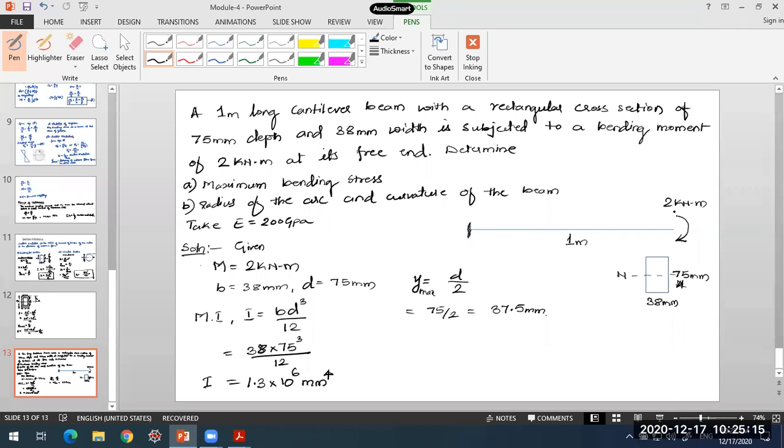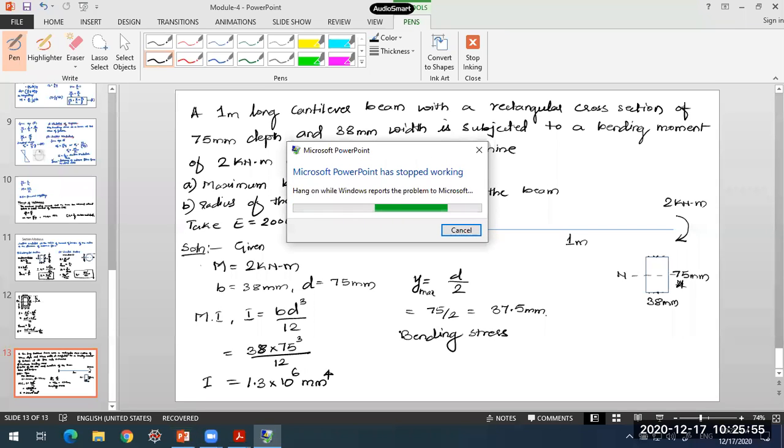37.5 mm. Okay, now due to this bending moment, this will be same throughout the length of the beam. It is not going to change at any point on the beam along this length. So you take section anywhere over here on this 1 meter length, the bending moment will be 2 kilonewton meter only. So due to this bending stress, these points on the top and bottom of the beam will be experiencing maximum bending stress. Any point on the top or bottom of the beam along these two edges will be experiencing maximum bending stress, because what you have is